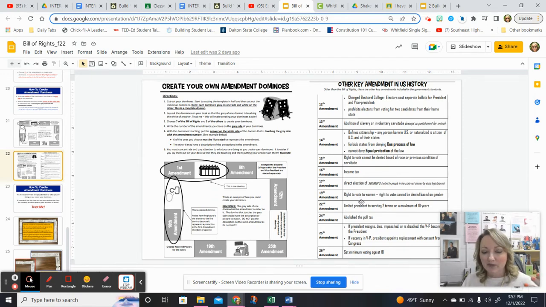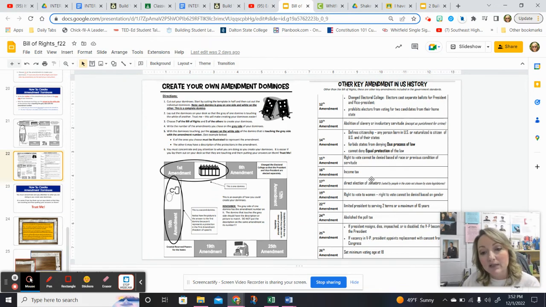I usually have them choose 6 from the Bill of Rights and then 5 from the other amendments, but you can do it how you want to, and you can edit the worksheet and how you have them choose them. In the past, I have done 6 and 6 before, where they pick 6 of one and 6 of the other. Sometimes I like to do 7 of the Bill of Rights and 5 from the rest of the amendments,